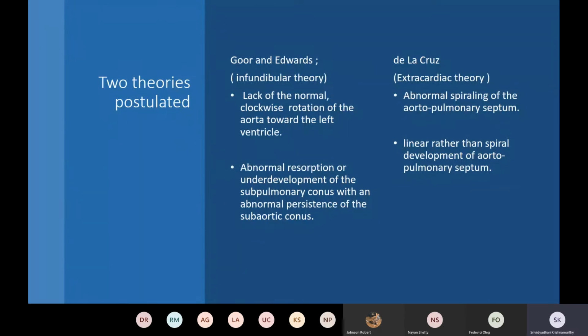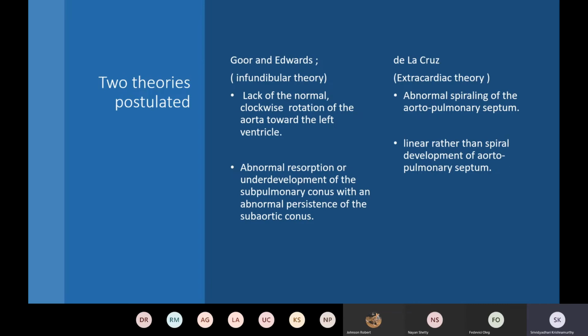So there are two theories that have been postulated in the development of TGA. One of them was by Gould and Edwards, which is called the infundibular theory. There is a lack of the normal clockwise rotation of the aorta, if you're looking at the heart from above. They also postulated an abnormal resorption or underdevelopment of the subpulmonary conus, but the subaortic conus completely persists, and that leads to the development of